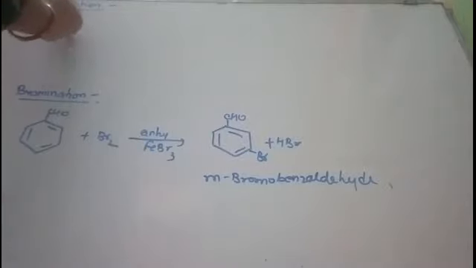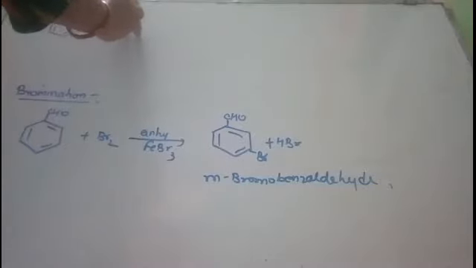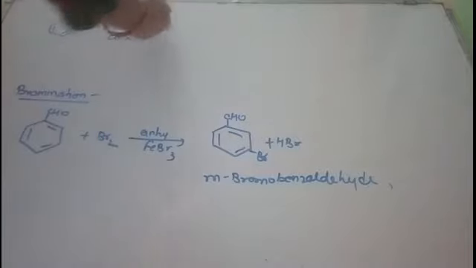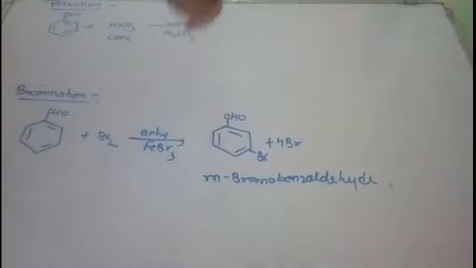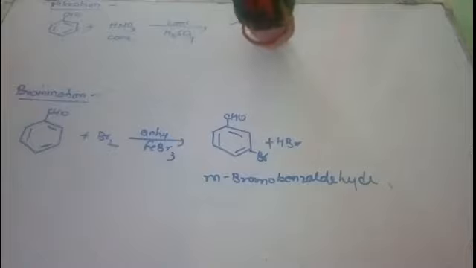So, when benzaldehyde is treated for nitration, we require a nitrating mixture, that is concentrated nitric acid and concentrated sulfuric acid. Here we require them because this reaction cannot be carried out without the help of a catalyst, because the carbonyl group is already a deactivating group and it will deactivate the ring. So we require them. Okay. So here what will happen? The nitro group will come at the meta position.